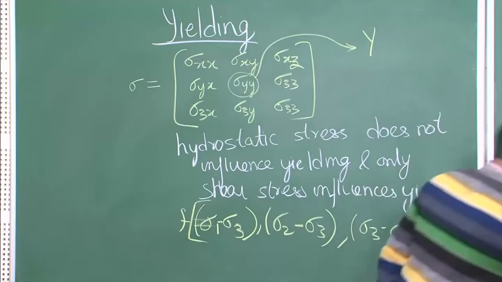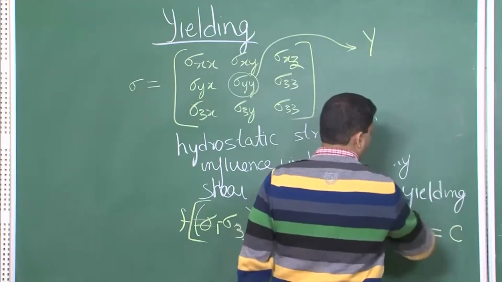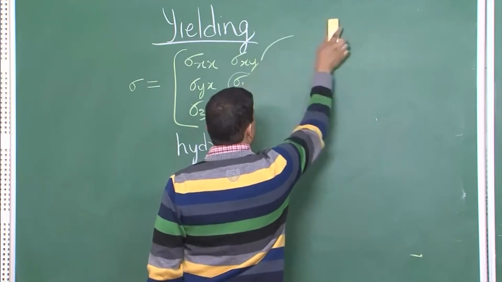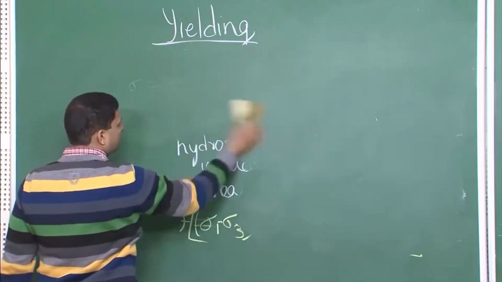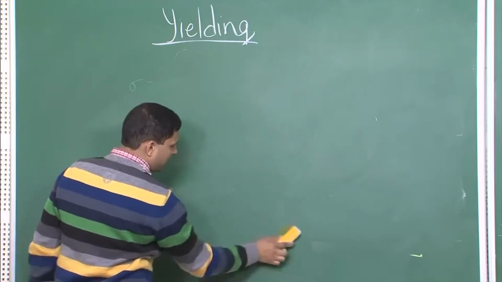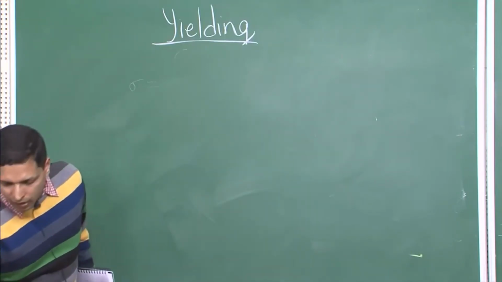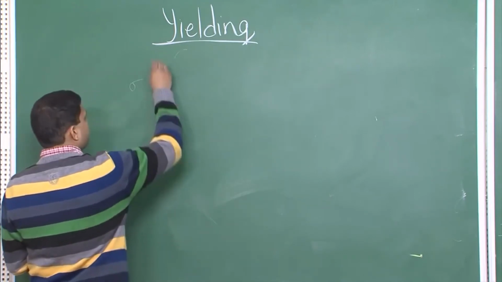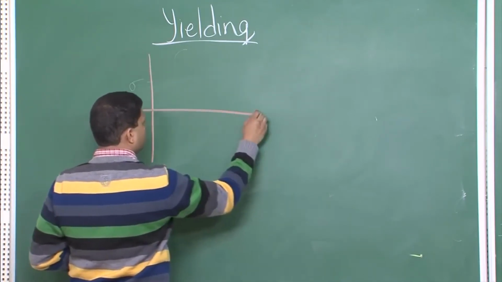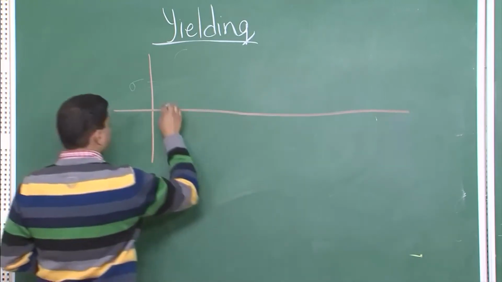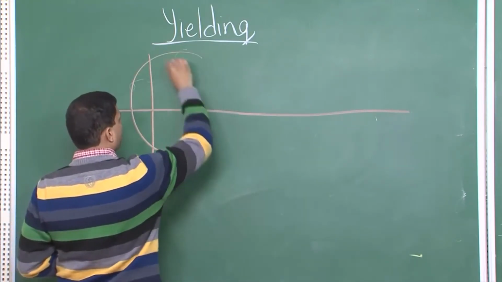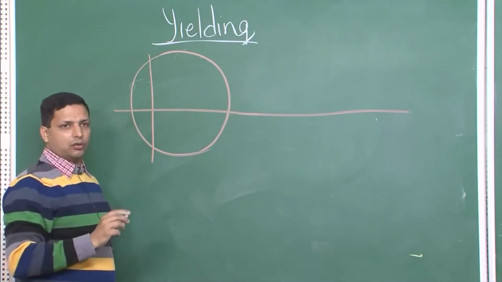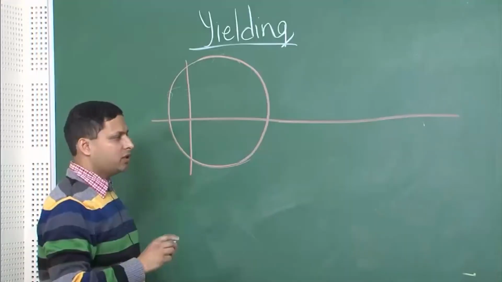So, let us look at a simple Mohr circle to explain what we have just written. All the jumbo mumbo that we have talked about can be represented much more simply, as we have done earlier also, by a simple Mohr circle. So, let us say this is a Mohr circle representing the yielding condition. Let us say it is at this particular condition that it is yielding,